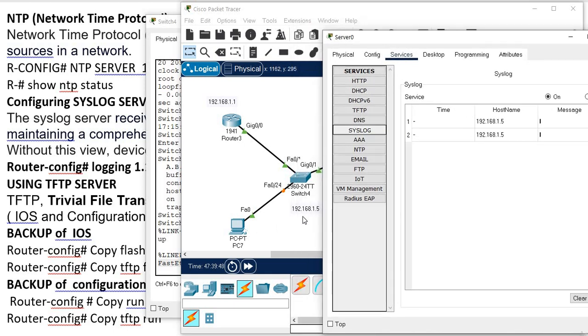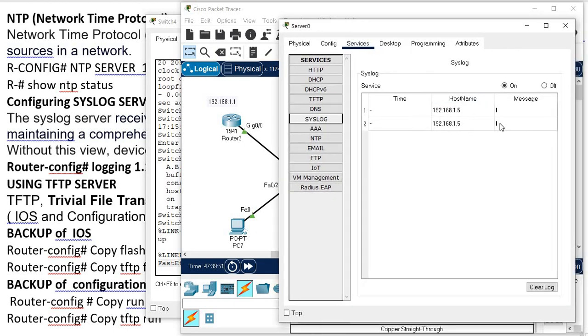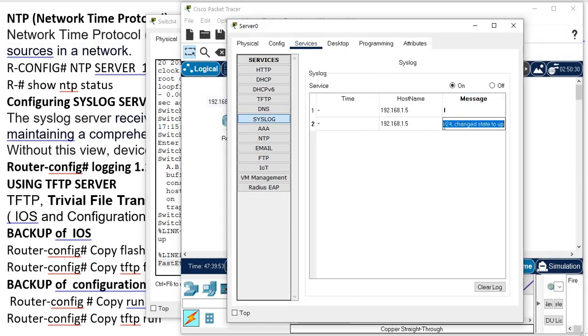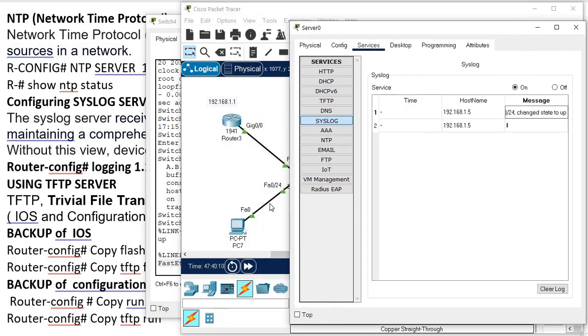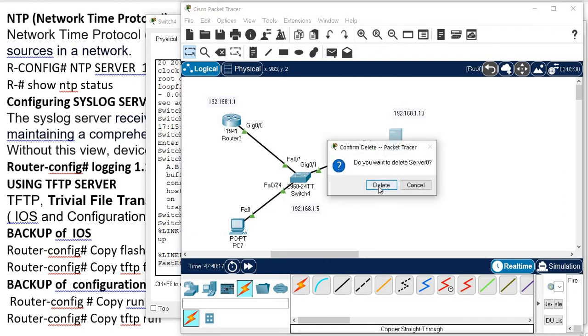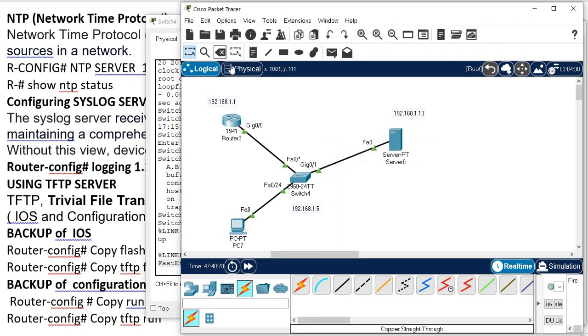Who is 5? 5 is my switch. What is the message? Check the message now. See, it is showing FS024 changed to up. No need to go to the switch and see. If any port is going up and down, it will show me the messages here. See, this changed to up. So we can understand if I unplug the device, for example if I disconnect this device again, just a minute. So after you connect the computer, the server will receive the message, right? Yes, not only when I connect. If anything happens, any message appears,